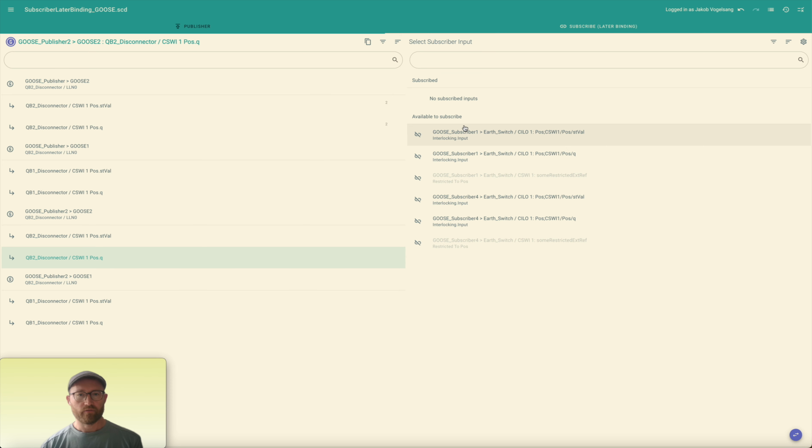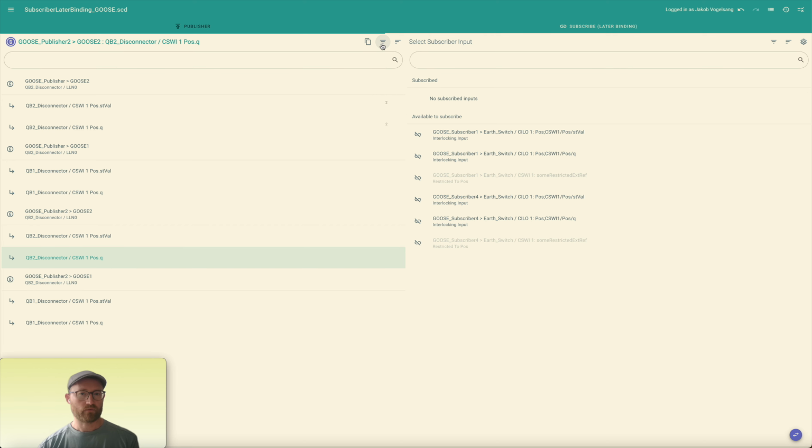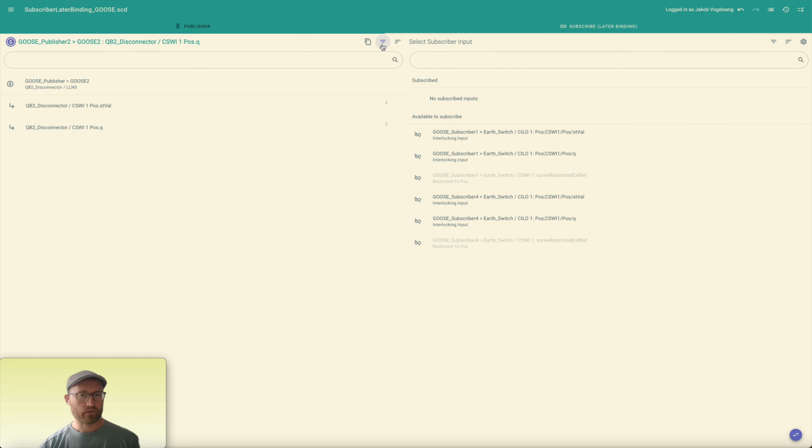For each of the lists, you have multiple filter options. Depending on the list, the filter options might change. The left-hand side list always has something like a subscribed or non-subscribed data filter. So you can choose to show only subscribed or not subscribed data. Subscribed data is useful for just checking whether you've done everything correctly, or non-subscribed data to filter out all